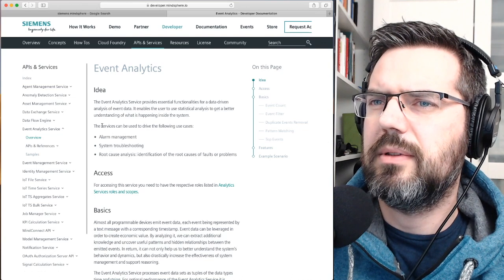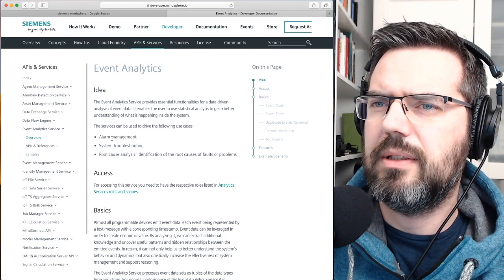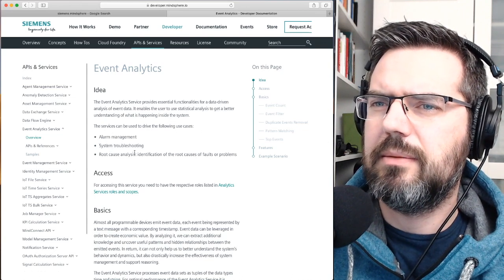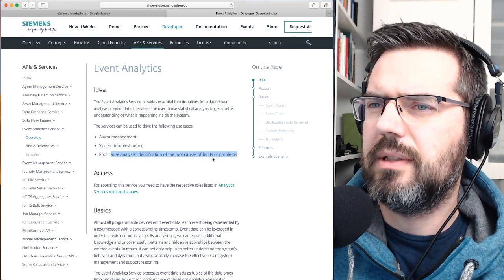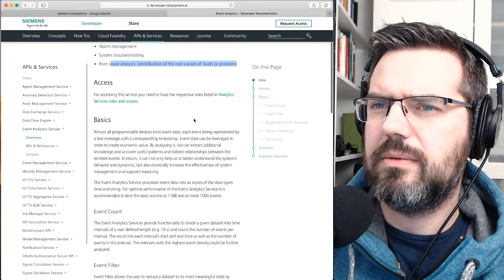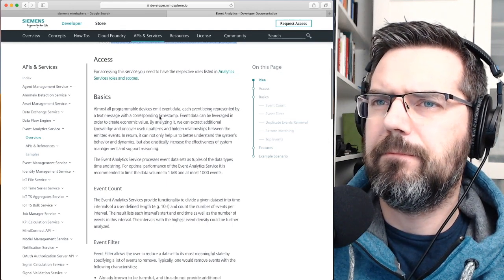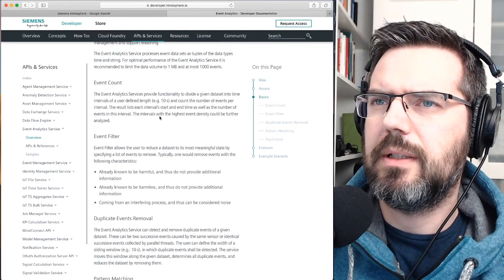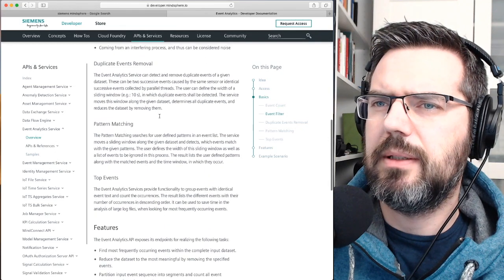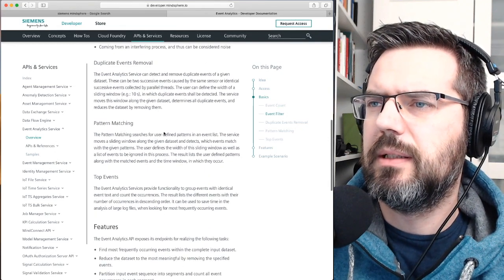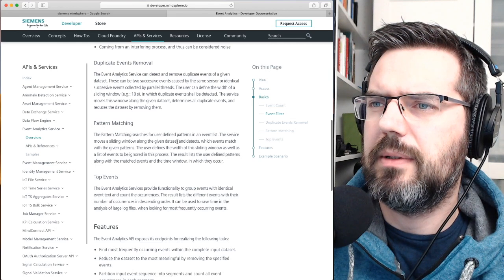Seeing what is happening. The service can be used to drive following use cases: alarm management, system troubleshooting, root cause analysis, identification of the root cause, fault problem. Event counts, event filters, duplicate events, pattern matching, sliding window.